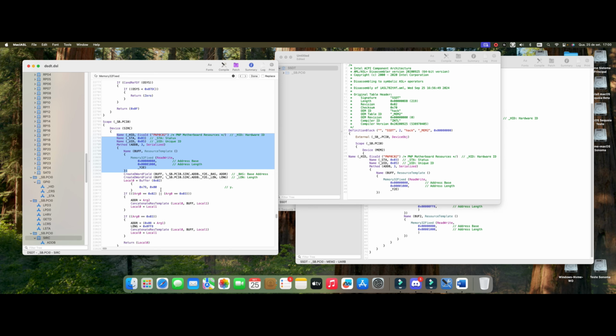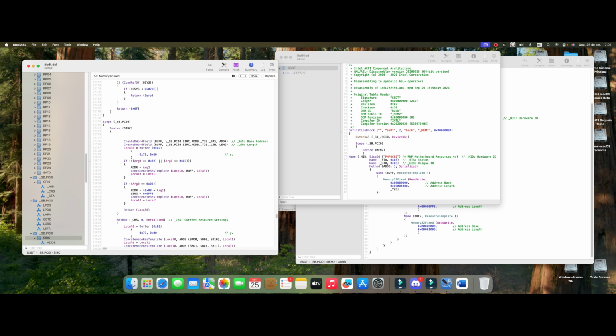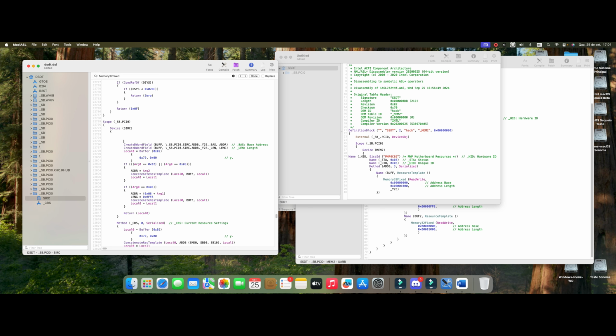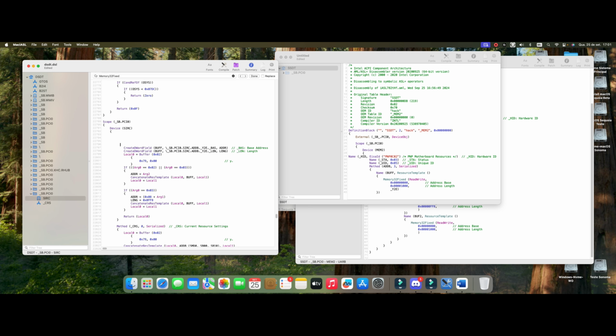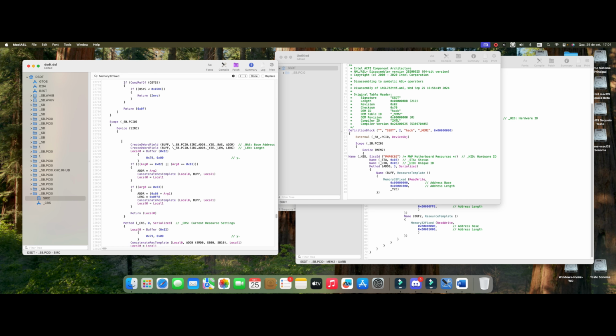Okay, so let's continue manufacturing our SSDT. Let's do another enter there. Let's look for USTA now. Is it referring to this memory bank there? No, guys, CRS, sorry.